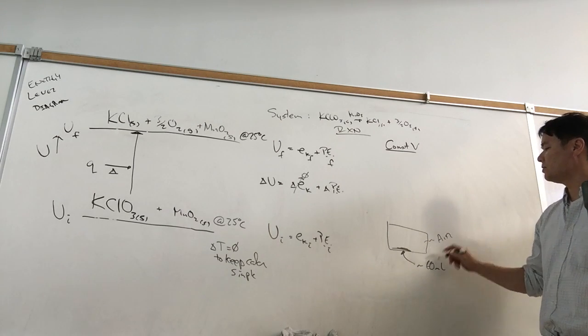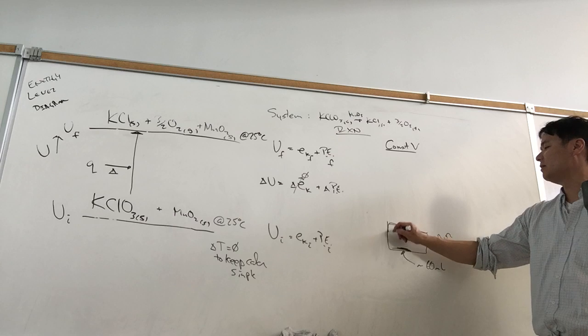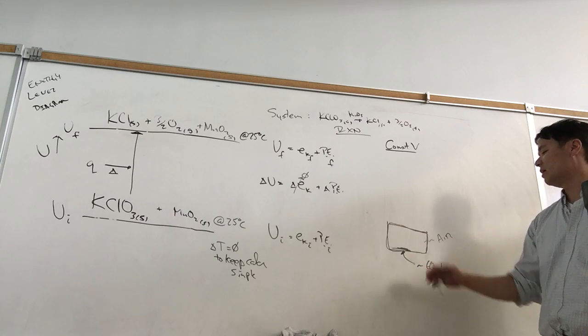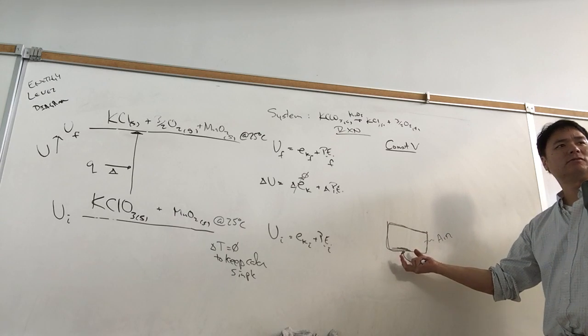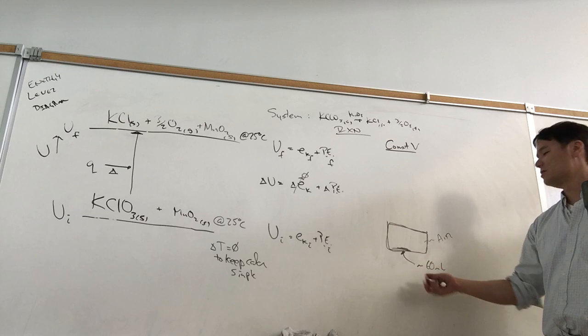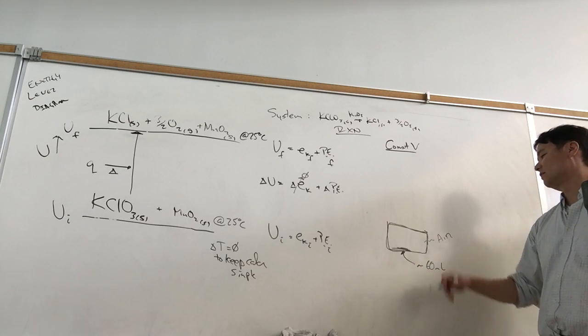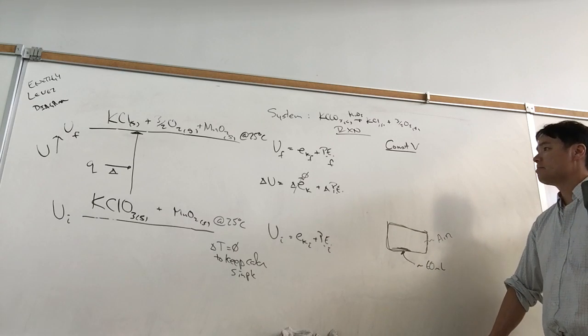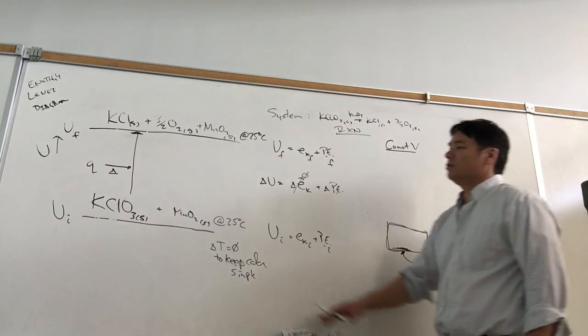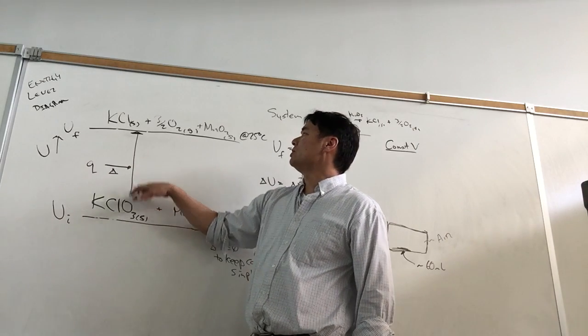The rest of this is going to be air. This is closed, and so this is just some fixed volume container. We don't have to have any air. We could just have 60 milliliters, but we'll just have a container like this. All right, when the KClO3 decomposes, it decomposes into